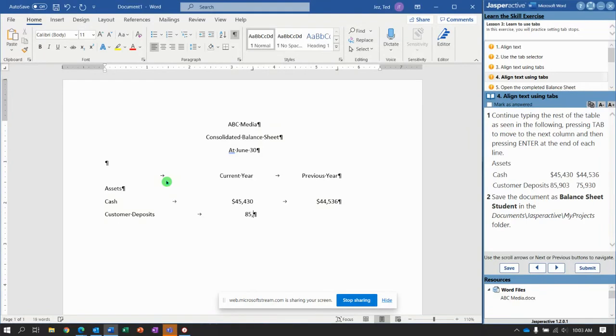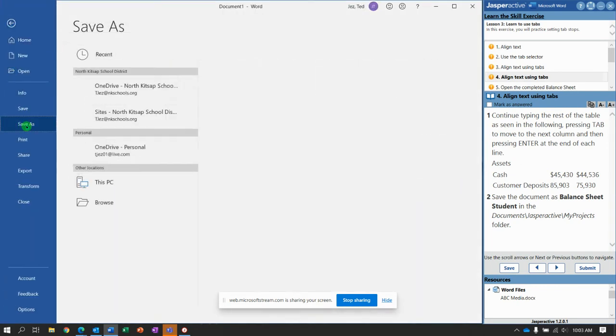Now 85,903. Tab key again, 75,930. And I'm going to hit enter. And before we get too far, we are going to save this document as balance sheet student in documents Jasperactive, my projects. So file, save as,